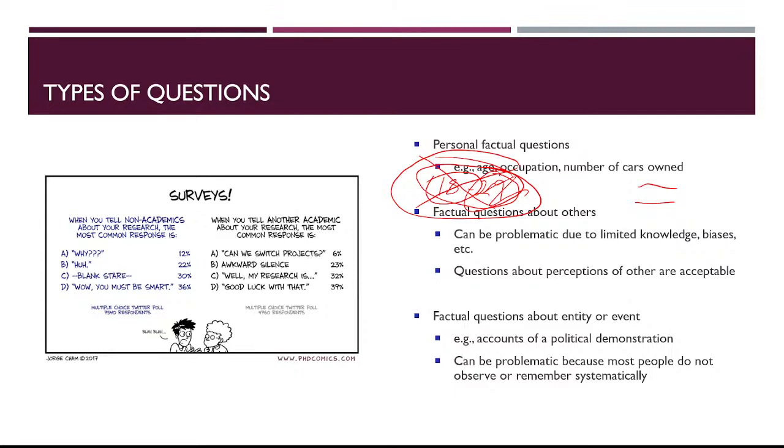Factual questions about others. So you could ask people's opinions about other groups or other people, like what's your opinion of a politician or a particular group of people in society? They could be problematic because people may not know, right? People might have limited knowledge. In questions where you're asking about something factual, you might want to ask, do you know what,